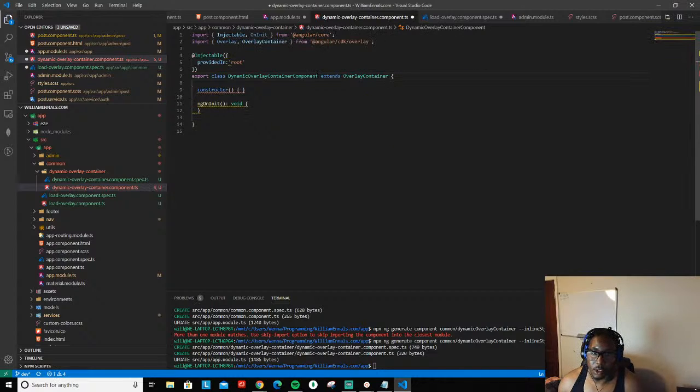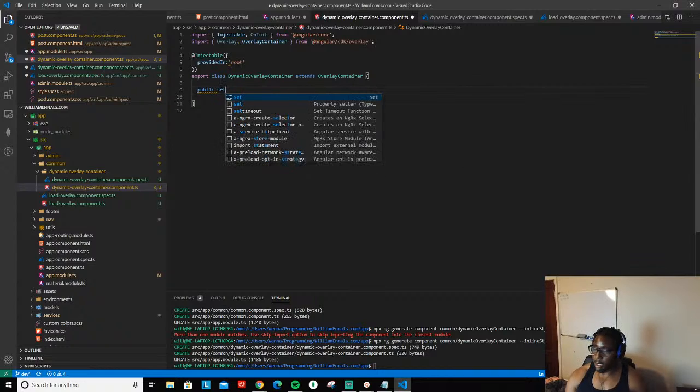Since this technically isn't a component, I'm going to hit F2 and just take the component part out, so that way it updates in app module and I don't have to do it manually. As you see here, it changed. Now back over here, I don't even need a constructor because it just doesn't need one. So here we're going to go public,